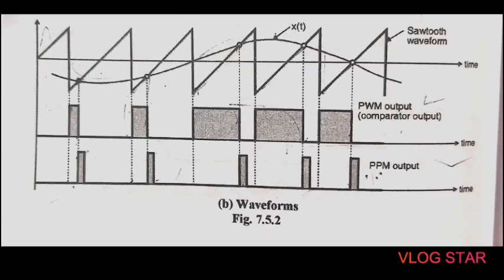So here we can see the PWM output, which is the output of the comparator, and in the third case we can see the PPM output, that is, we can change the position of these pulses, that is PPM, pulse position modulation. Okay, so here we can also use the timer IC 555 for the generation of PWM. Okay, then next point is